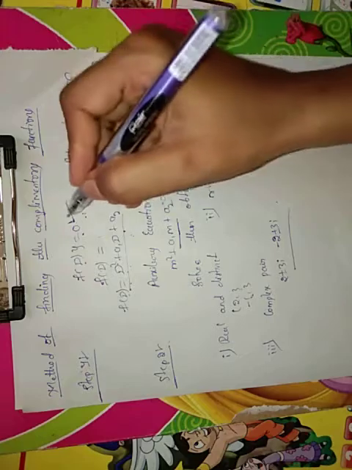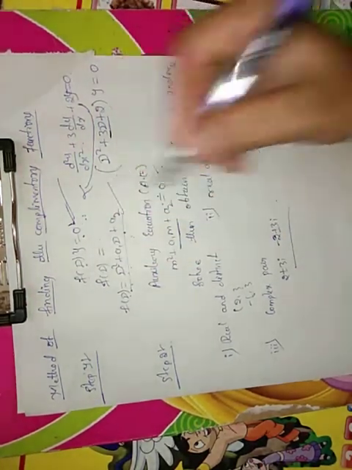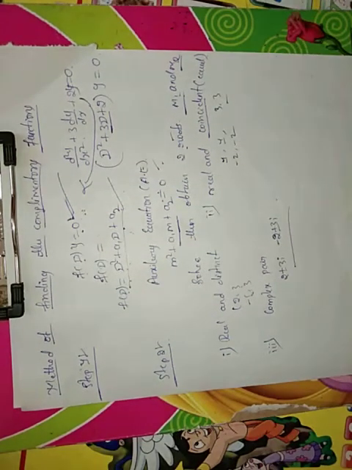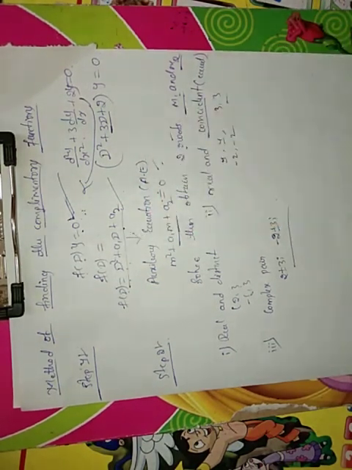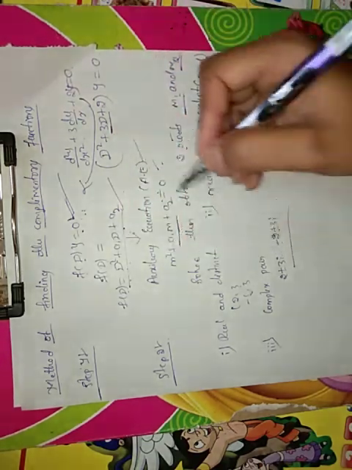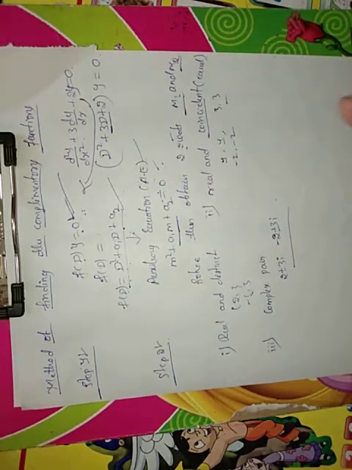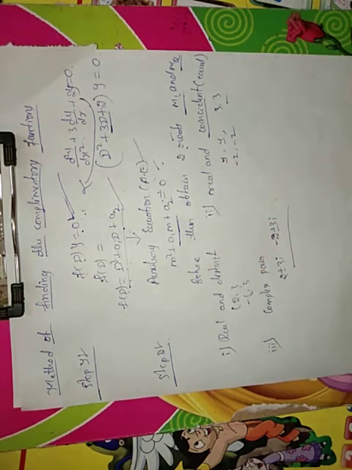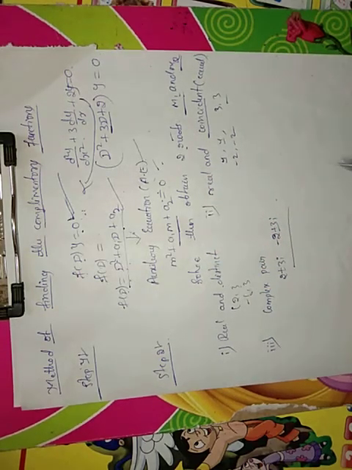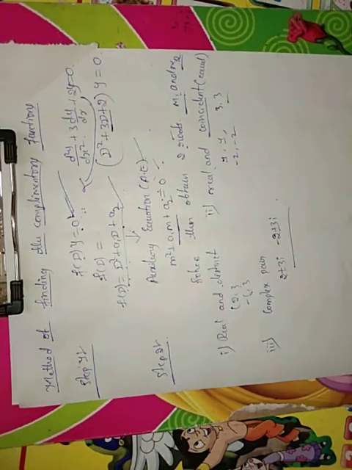But before that you just have to remember the procedure. First you have to write down the given function in the form of f of D of y, and after that write it in the form of f of D, and after that take down the auxiliary equation. The auxiliary equation means replace D by m and equate it to 0, and then solve this equation. You will get the roots. The roots may be of three kinds. The roots may be real and distinct, or real and coincident, or a complex pair. So three different kinds of possibilities will be there.